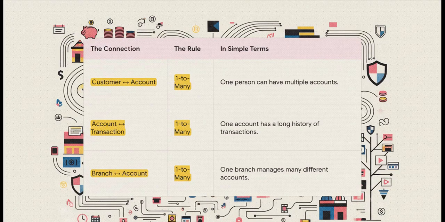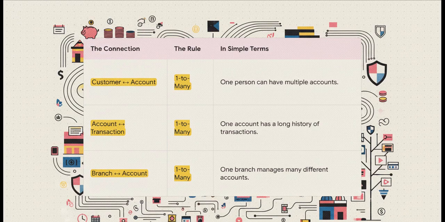The most important one is called a one-to-many relationship. Let's break that down. Look at that first row. One customer can have many accounts. That makes sense, right? That's you with your checking and savings accounts. And then the second row. One of those accounts can have many transactions. That's your entire statement history. This simple logic, this one-to-many idea, is basically the glue that holds the entire system together